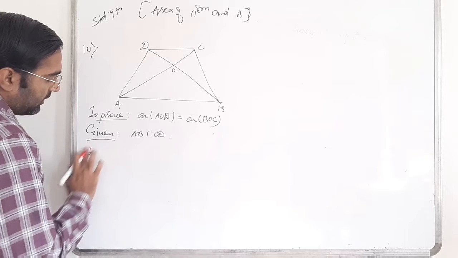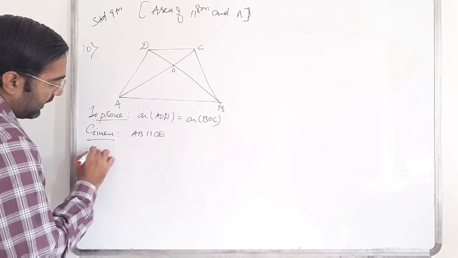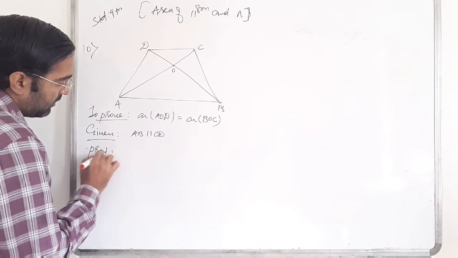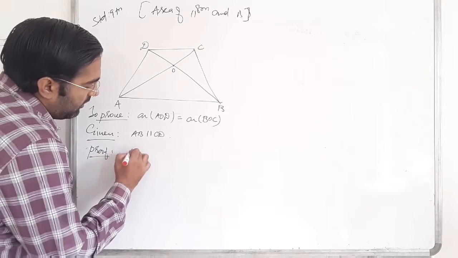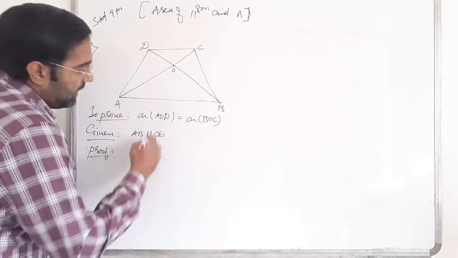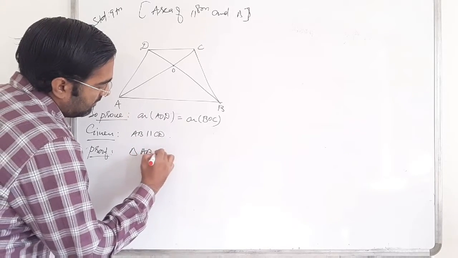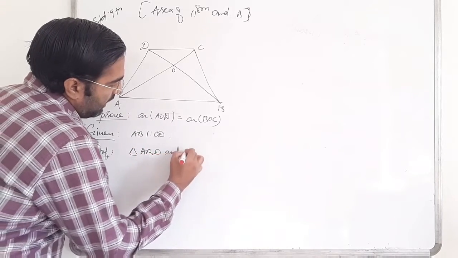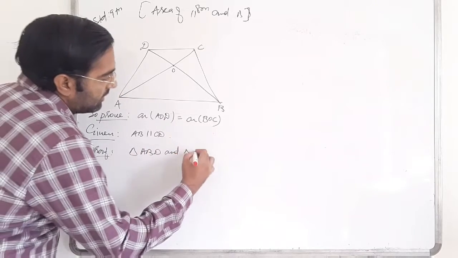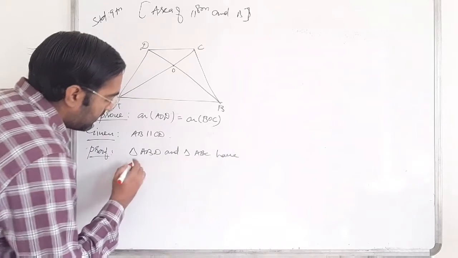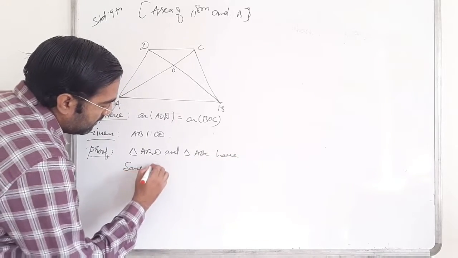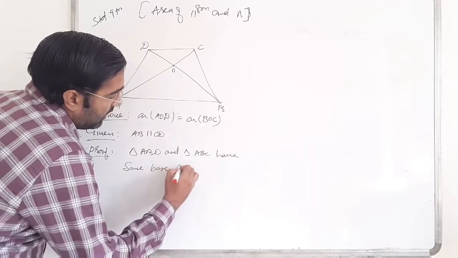So here's my proof: triangle ABD and triangle ABC have the same base AB